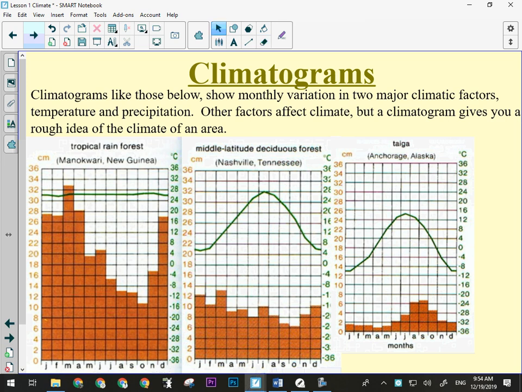Now, what we can see here with Nashville, Tennessee, like we said, definite seasons, and what's the rainfall like? It's even. Certainly there's some months that are a little wetter than others, but not like this. And in Anchorage, a lot less precipitation, and probably a lot of it falls as snow. This stuff might not, or it might be close, but it's certainly going to be less there.